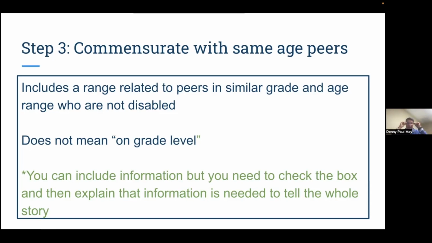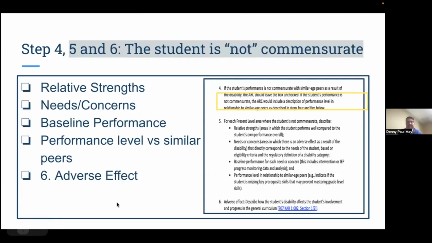Like I can't do anything without these eyeglasses, right? And so if I had an IEP, the teachers would need to know that DP can't see the stuff unless he's got his eyeglasses on. Or if a student's taking medicine, those types of things can be added into your present levels where you're checking the box. You're not going to write a goal. You're not going to do a service. These things mitigate those problems, your eyeglasses, your medicine and things of that nature, but they still need to be included in the full picture of the student. And so that's something that we really need to think about.